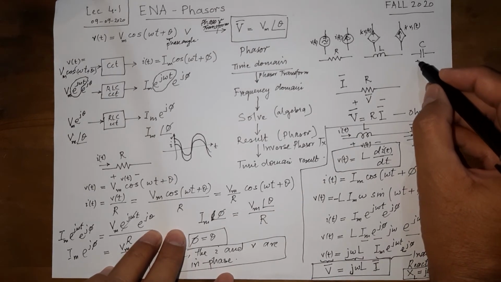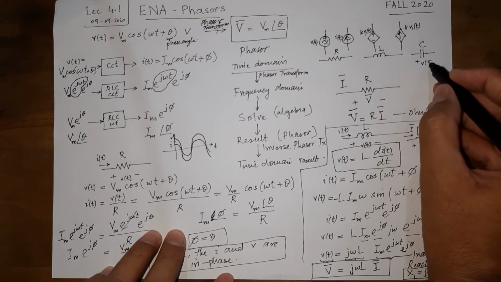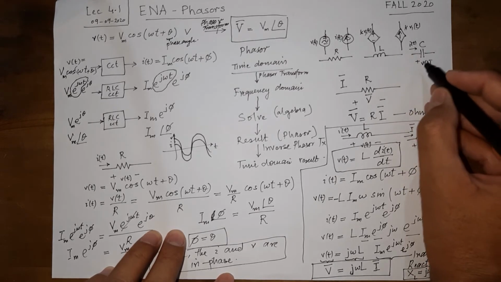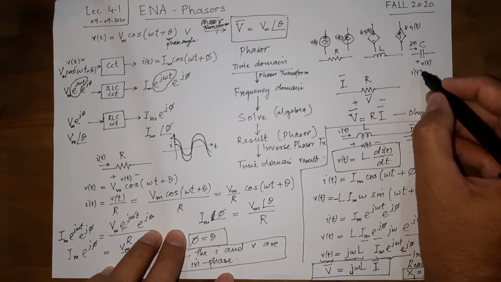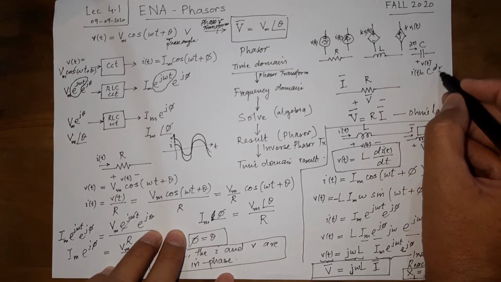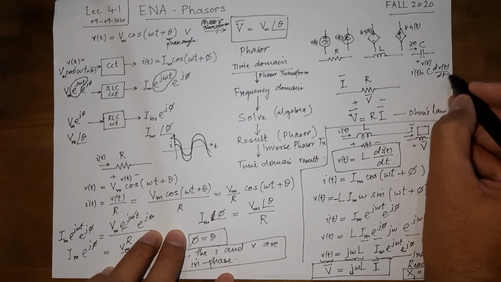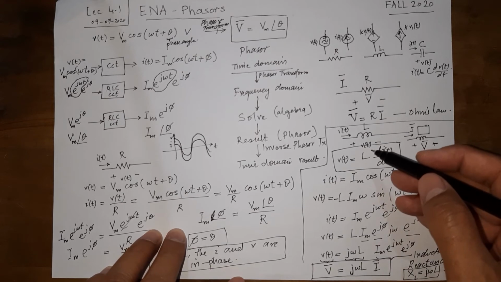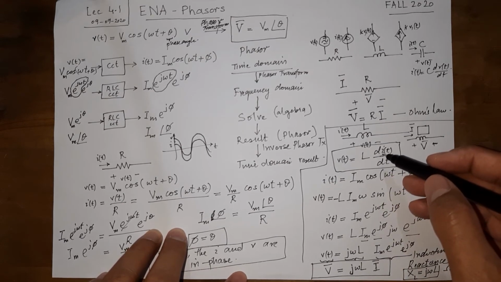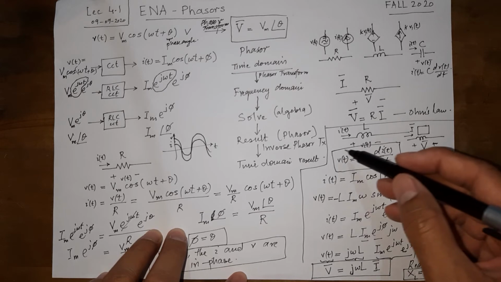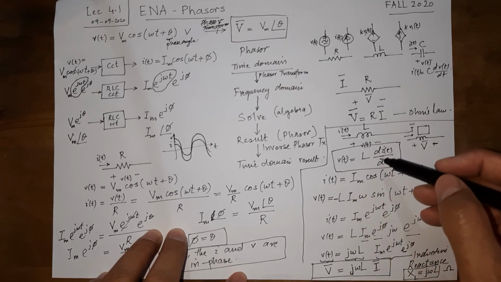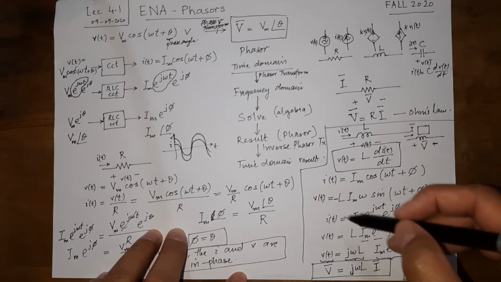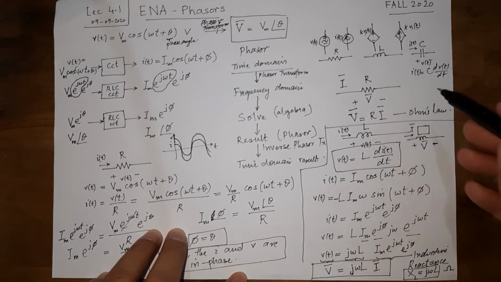So if there is a capacitance C in the time domain, we know that i(t) would be equal to C dV by dt, and here mathematics is not concerned with where the functions come from. So if we had V equal to L di by dt, and here I equal to C dV by dt, then we don't need to go through all this derivation again.